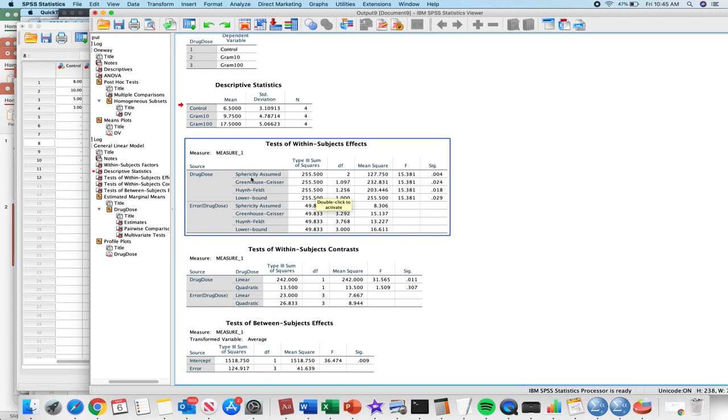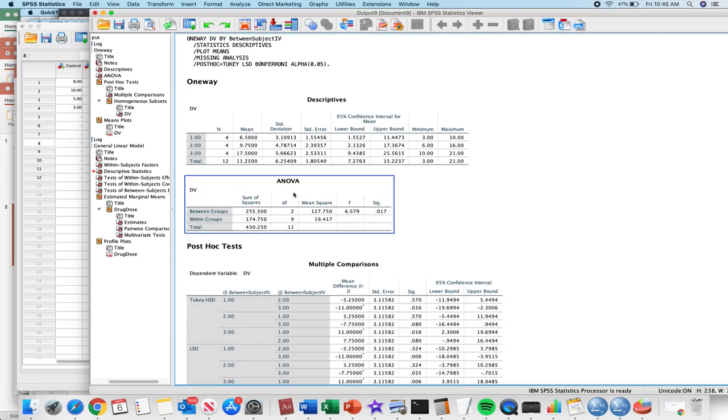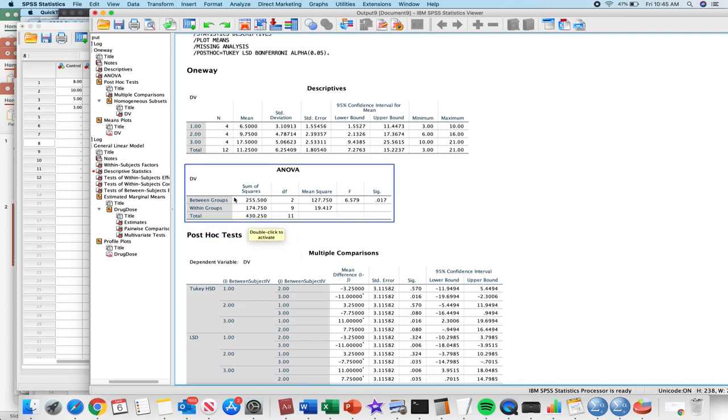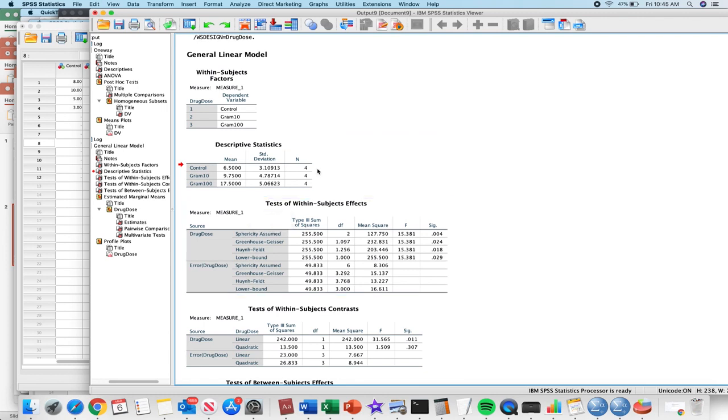So now we got our drug dose with a sum squares of 255. Well, let's go back up to our between subjects analysis. Oh, drug dose. That's our between groups term. Awesome. You can see that they match perfectly. That's the same term. And then you got an error term. That doesn't match with anything up there at all. Our error term is just like the actual error term. Remember, it was sum squares within minus sum squares subjects equals sum squares error. Well, that's what we have here. And then